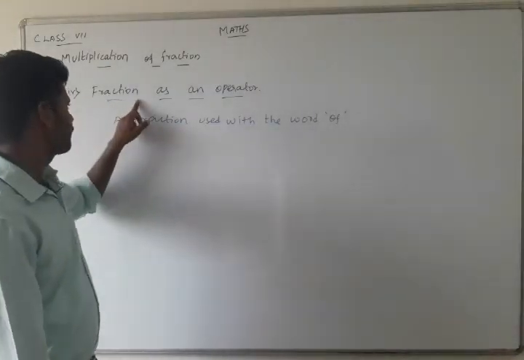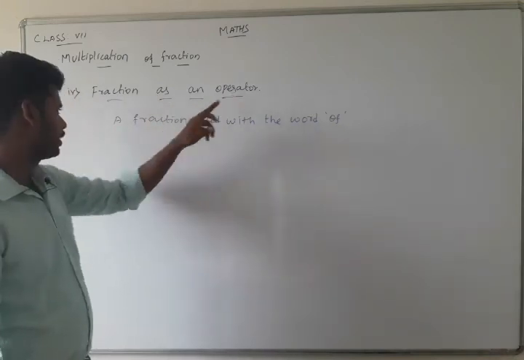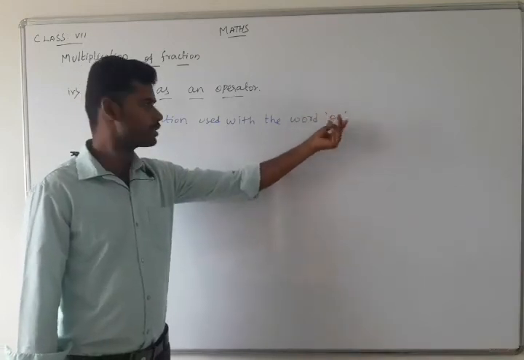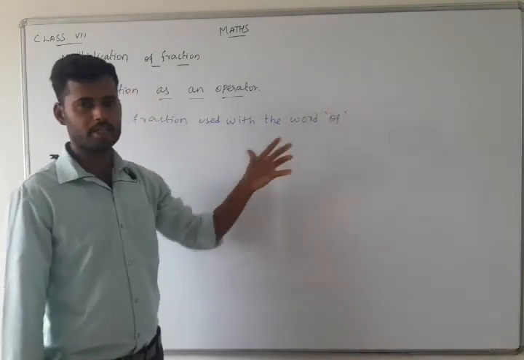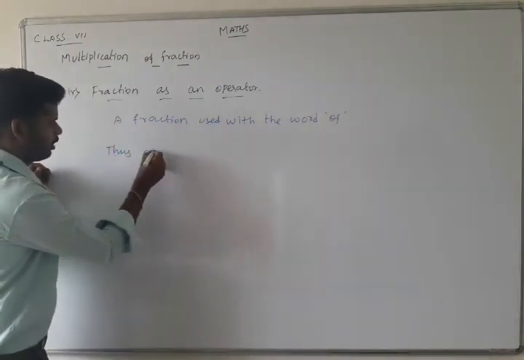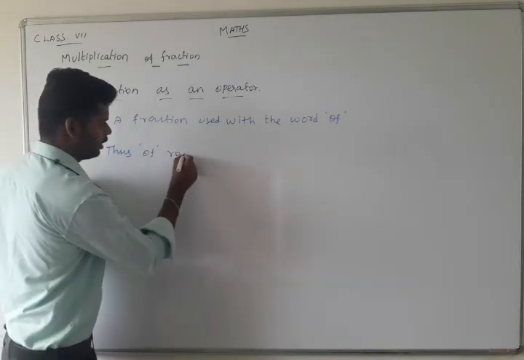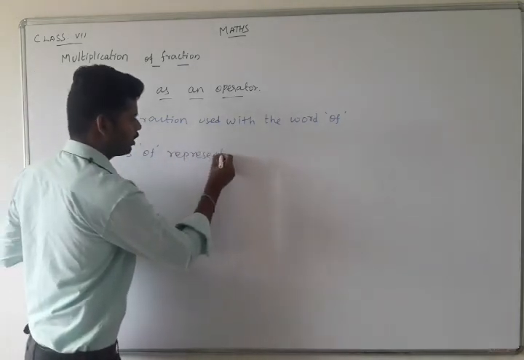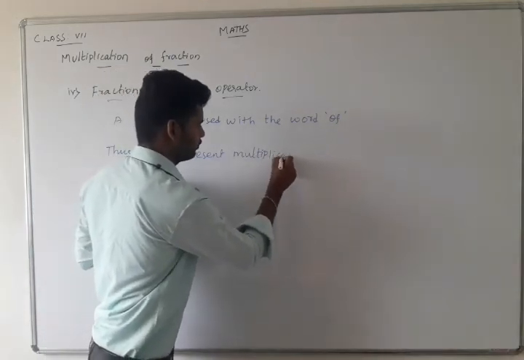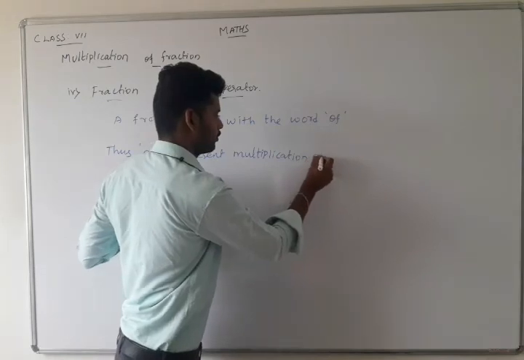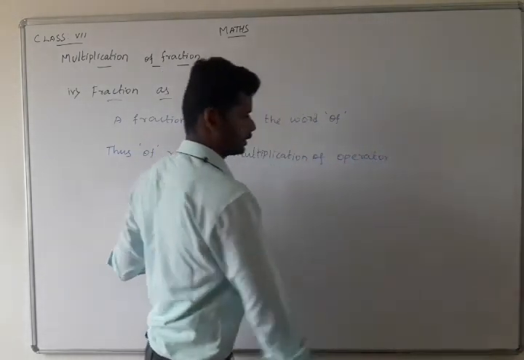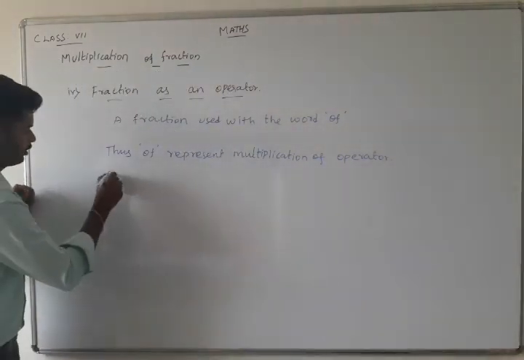Next one, fraction as an operator. A fraction used with the word of. Of means, this one, of operator means multiplication operation. Thus, of represents multiplication operator. Example,